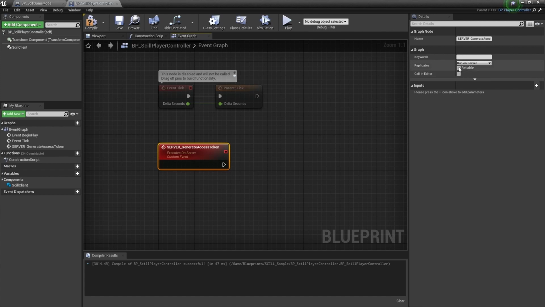Make the call reliable, since we really need the access token on the client side. Normally only cosmetic replications are set to non-reliable. Reliable means that the engine will check whether or not the event has reached the server and retries the replication if the call got lost somewhere. This takes up performance and should not be done on calls that are made repeatedly, and only if the events are crucial to